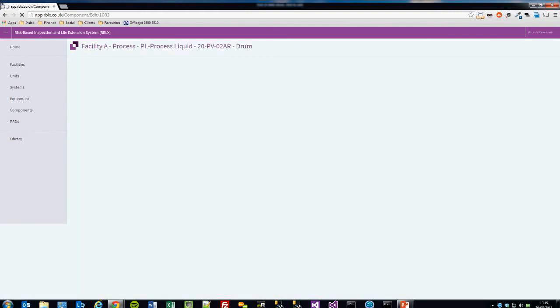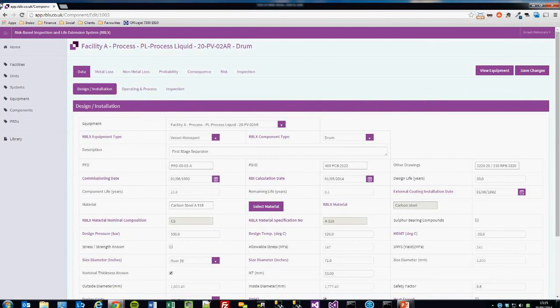This is where really all the data is residing in the RBLX system. So inside the component, we have a variety of sections at the top, which I'm going to go through stage by stage. And this is what we meant by, in the earlier part of the presentation, the fluid process of using RBLX. There's an actual proper workflow going from one end to the other. So at the moment, we are in the data tab, which is split into 3 sections. So we've got